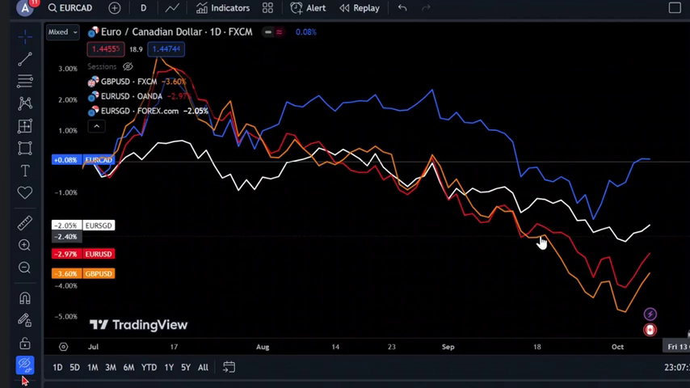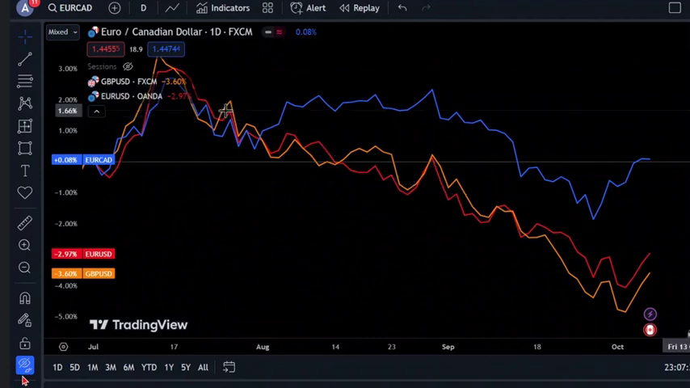Yeah, go ahead and delete that Euro SGD line. Delete the white line. Yeah, go ahead and delete that one. Just click on X. All right, so